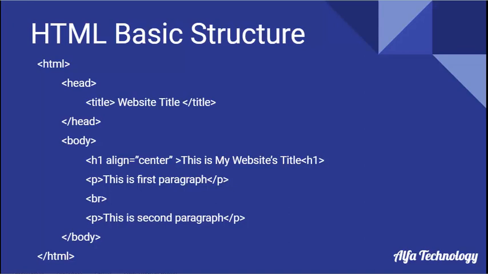In this tag, we have an attribute. The attribute is align center. So it will make sure that the heading is aligned center on the web page. After that we have another tag which is p tag used for paragraph, and after that we have br tag, it stands for break tag. So you can see that for the br we are not closing it because it's a self-closing tag.